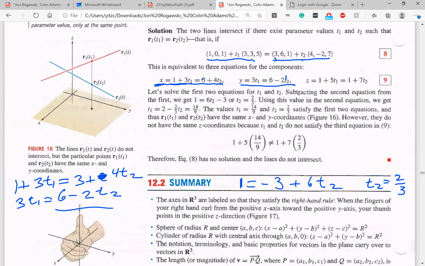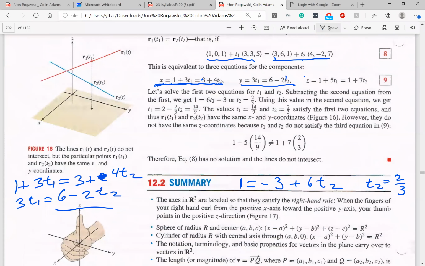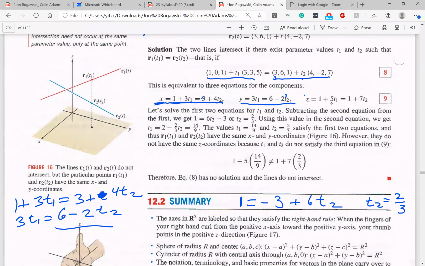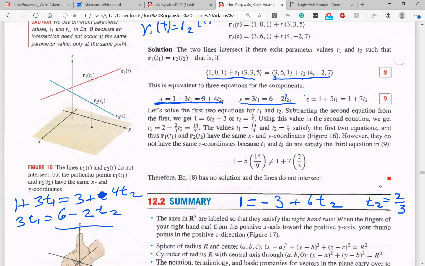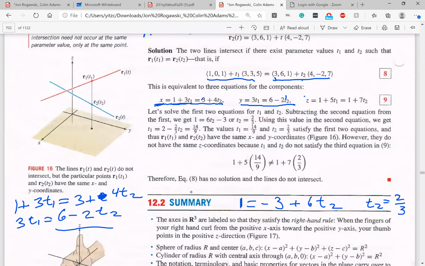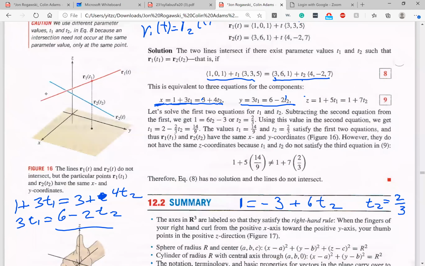But if you now plug the T1 and the T2 that we found into the Z coordinates, into this equation right over here, you will get that the two sides don't equal each other for the T1 and the T2 that we discovered. And so they will not share the same Z coordinates. So they will not satisfy the third equation. And so therefore there is no solution and the lines don't intersect. And here's a nice picture for